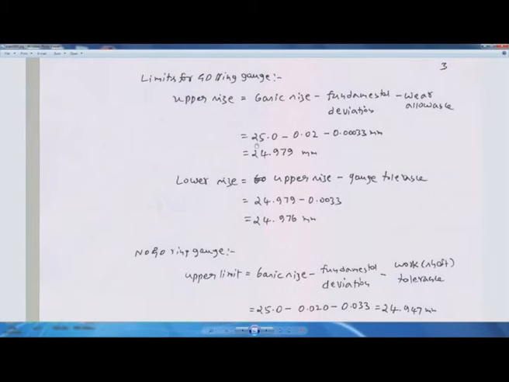So this will give us 25 minus 0.02, this is the fundamental deviation, and this is the wear allowance 0.00033 millimeter. So the upper size will be equal to 24.979 millimeter, and lower size for go ring gauge is upper size minus gauge tolerance, so that is 24.976